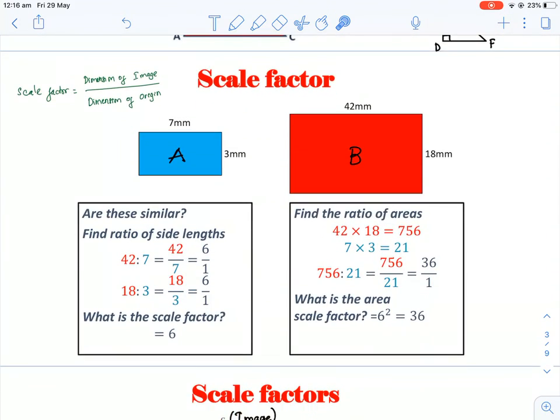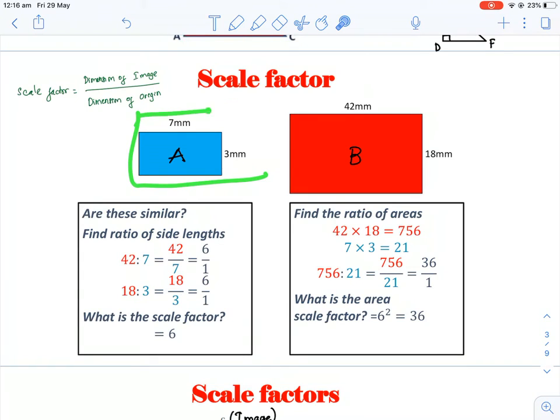Scale factor. The scale factor tells us how many times the original has been enlarged to get the image. To calculate the scale factor, we use this formula: it is equal to the dimension of the image divided by the dimension of the original. So if I have these two rectangles,